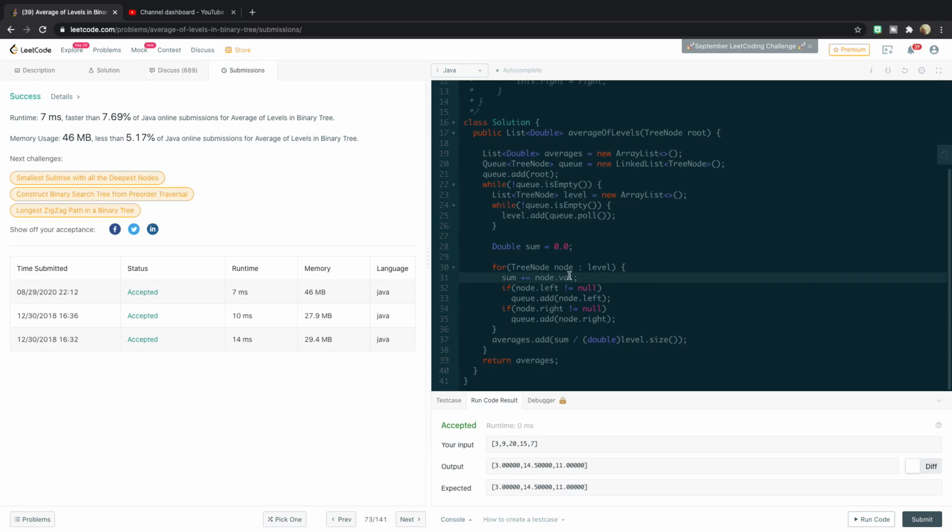So if we say sum is equal to node.val. The problem with trying to do it in this loop is that, I mean, you still need to find the sum of the level, right? So if you have 3, 9, and 20. So yeah, this is just slow because you're basically enqueuing and dequeuing, which is fine, but this just seems